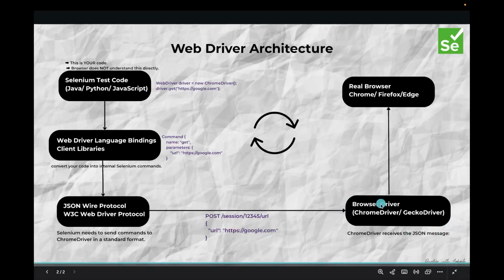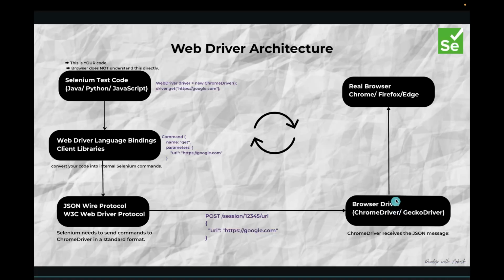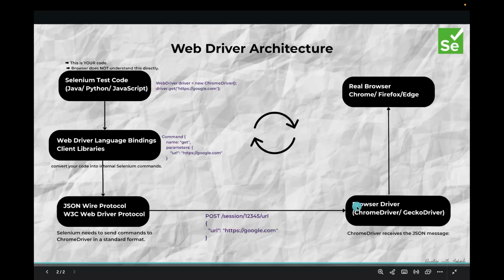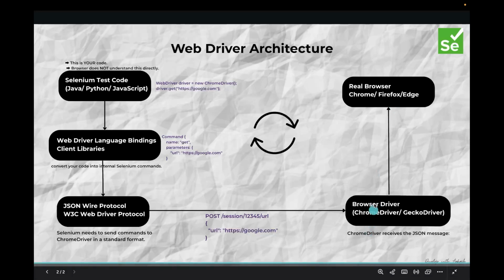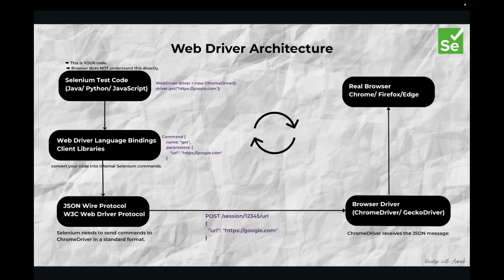Now what does this agent do? This agent directly communicates with the real browser, and it also communicates with the outside world. So it receives all the commands, filters out everything, and validates the security part as well. After doing everything, it passes the command to the real browser, saying that this command is now safe to execute, you can execute it, and that is done. So this is the entire process of how Selenium code invokes our real browser.